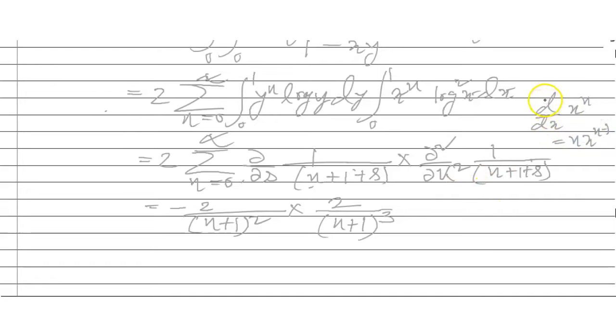This formula I use. And this is another formula, the successive derivative formula. So I just apply this formula, then I get 4 divided by n plus 1 whole to the power 5